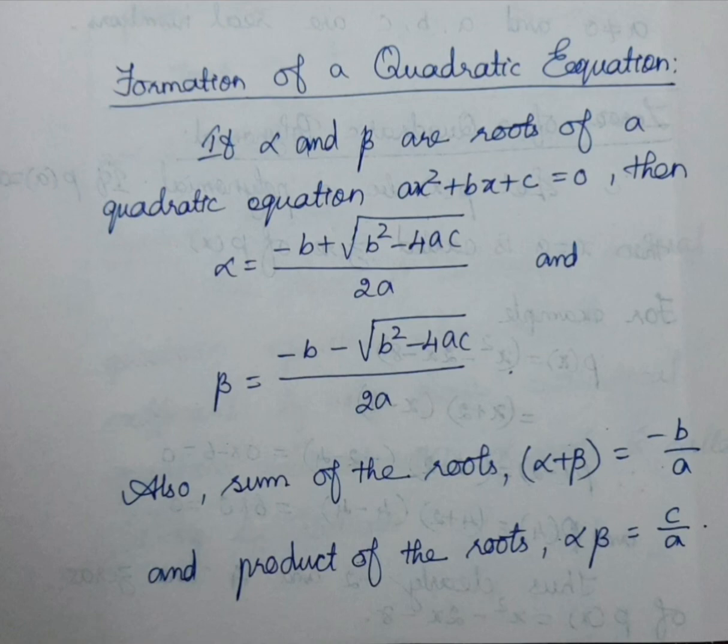That means minus coefficient of x divided by coefficient of x square. It is the meaning. Okay, minus b means minus of coefficient of x, divided by coefficient of x square. Then product of the roots, that is constant term divided by coefficient of x square. So you have to learn these two. Okay, with the formula x is equal to minus b plus or minus square root of b square minus 4ac divided by 2a, you learn this: sum of the roots equal to minus b by a and product of the roots equal to c by a.